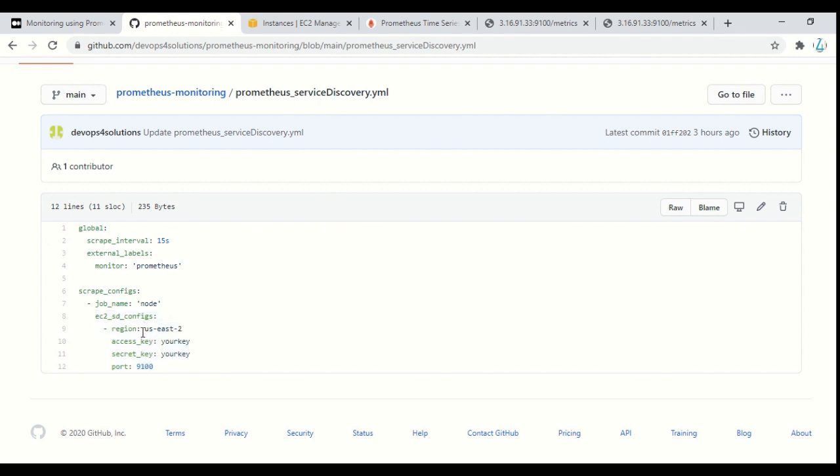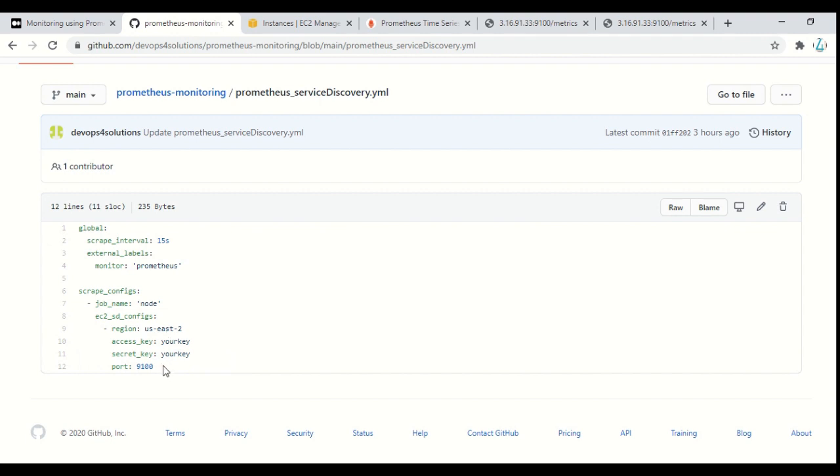This region is important, like which region you are using, and your access key and secret key. You can generate the API key for any of your IAM users which has EC2 read-only access at least. Once you do this, it will be able to fetch all the nodes which are present in that region.